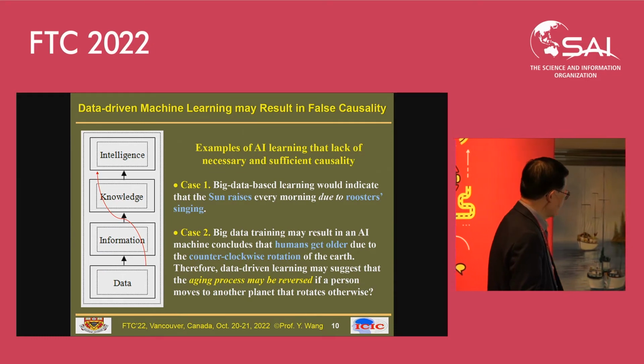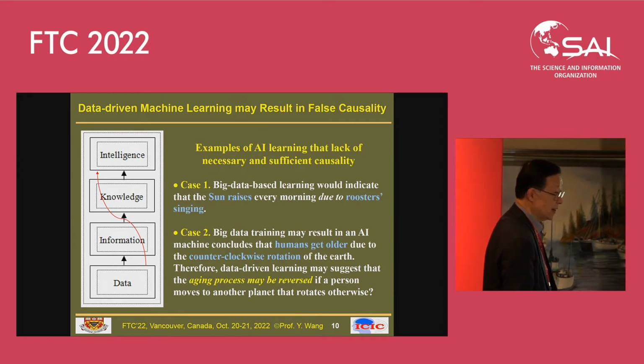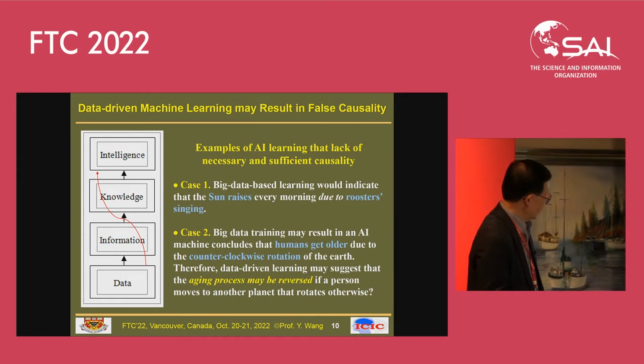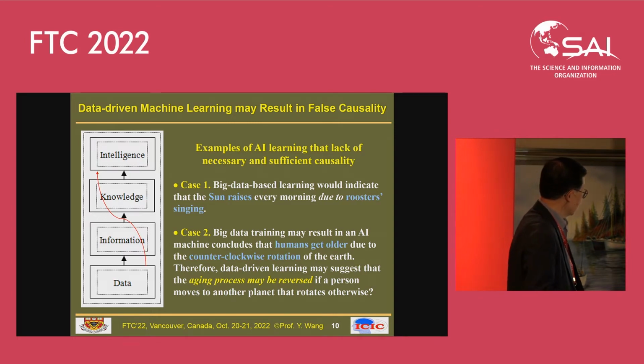Okay, so based on that, the finding is we really can't escape from the bottom layer of data immediately to intelligence, because there are several other layers we have to implement. Otherwise, we can't jump.